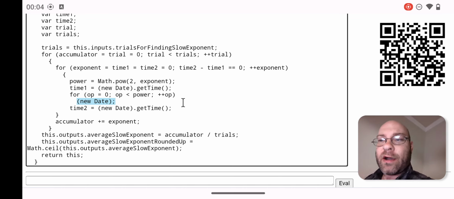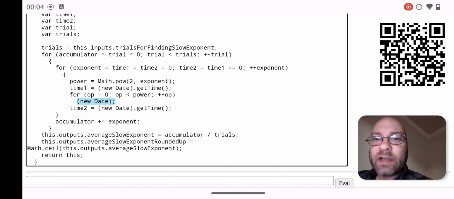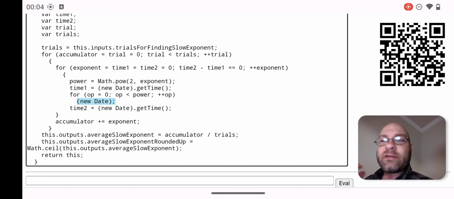And that's the single operation that's happening at the root of all of this. I want to know the cost of taking a timestamp. And this is one way to get a timestamp with a new date. So in this inner loop, that's going to be iterated multiple times until it costs at least a millisecond, till we get a batch run that costs at least a millisecond. So after that,